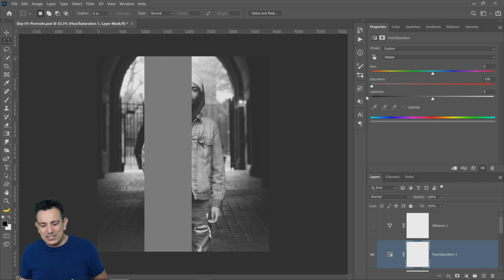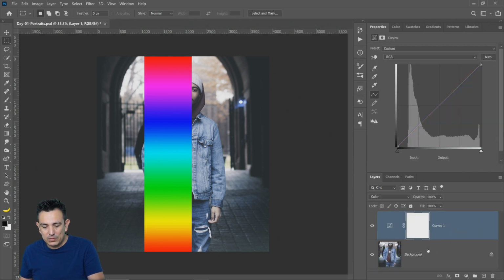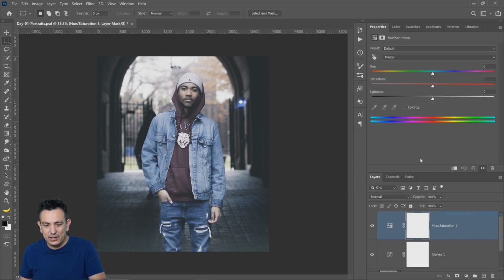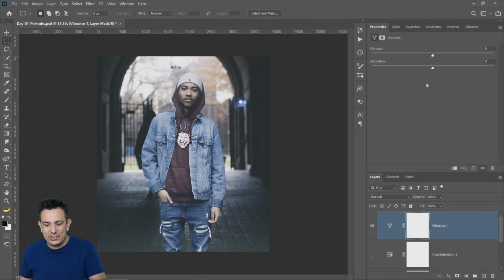So that's one of the reasons why in our portrait, I know it's a really long-winded way of saying it, when we increase the saturation with the hue and saturation adjustment layer, we got a vastly different result than when we increase the saturation in the vibrance adjustment layer. See the difference? So in my opinion, I would use the vibrance adjustment layer on your portraits, since it'll give you results that are more expected to what you're going to see with your eye, just because the color mode that was used to design this